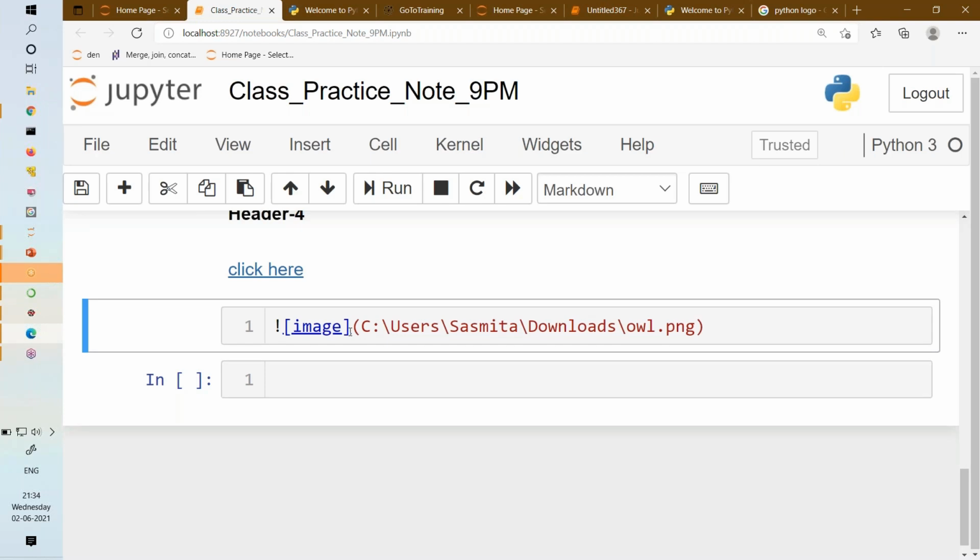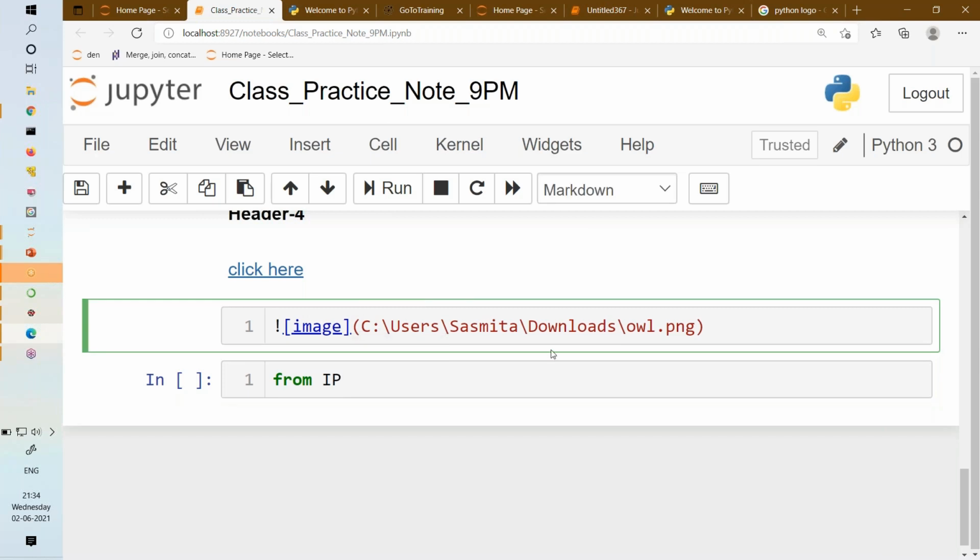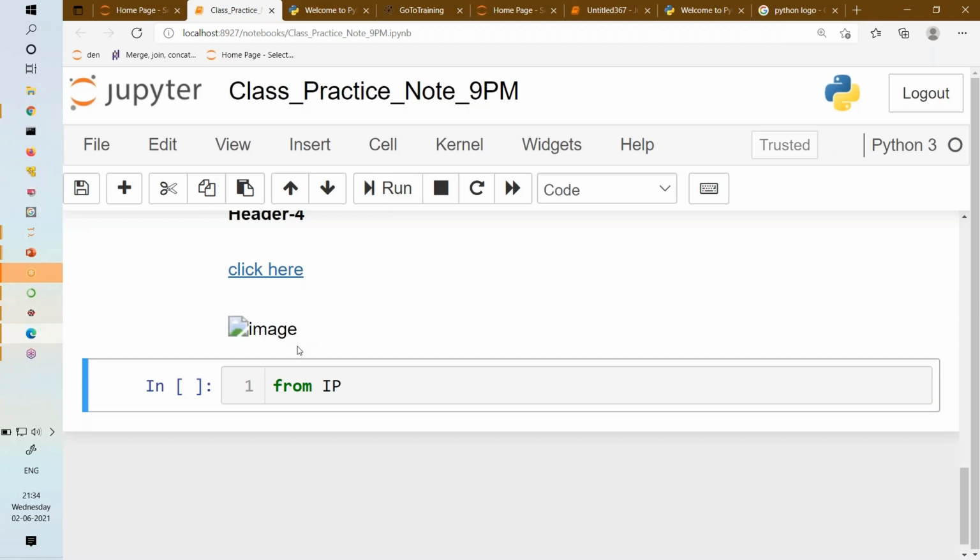Okay, so there are different ways to do that. You can also do this another way. You can write from I, so we are actually importing this image from the display function. Maybe I'm missing these passcodes, maybe that's why. One second. The size is super small or something, there's some problem.